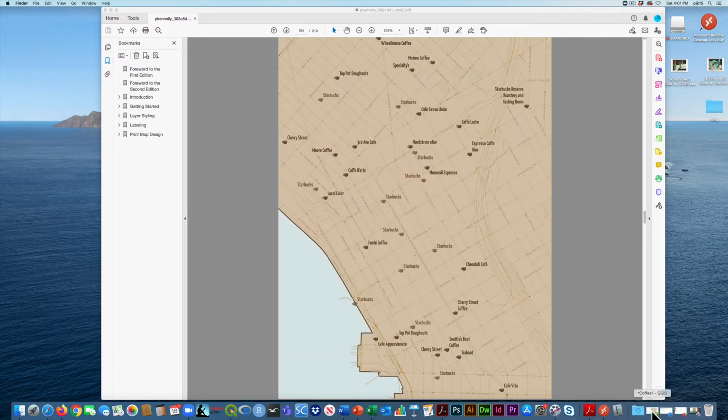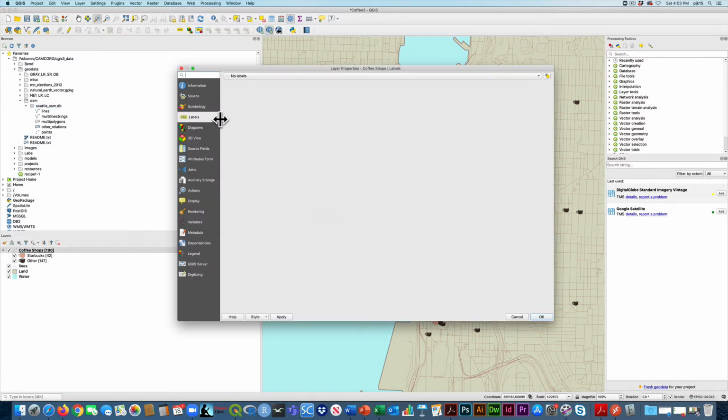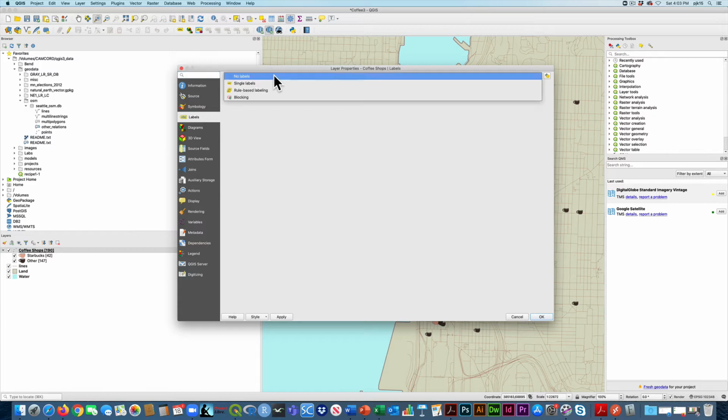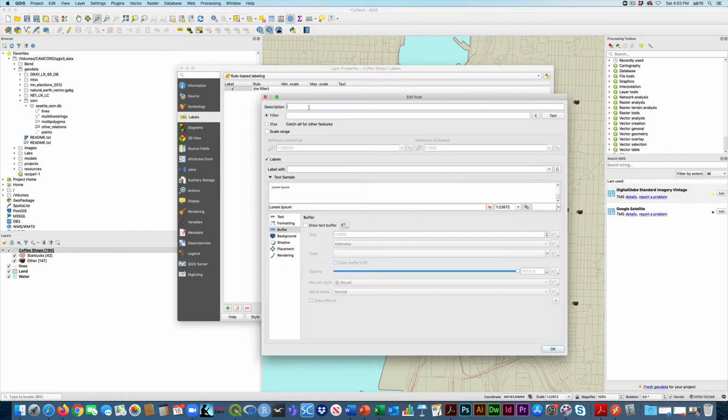So once you have those fonts installed, then you're going to start with the map from the previous version, and now we're going to start to label it. The first thing that we're going to do is for the coffee shop, we're going to do some rules-based labeling. So I'm going to click on the coffee shop here, and go under labels, and right now it has no labels. I'm going to change that to rules-based labeling. There may be nothing there when you first start, but you can always add a rules-based label. I'm going to call this Starbucks